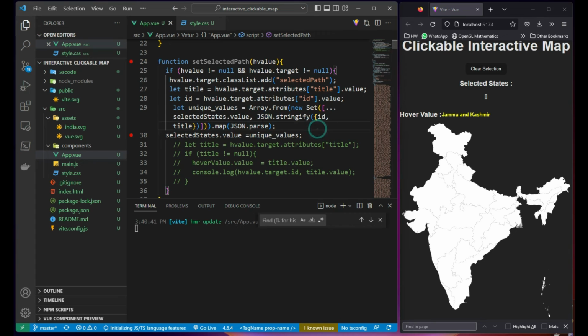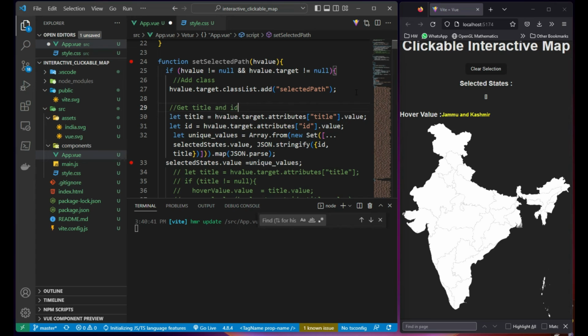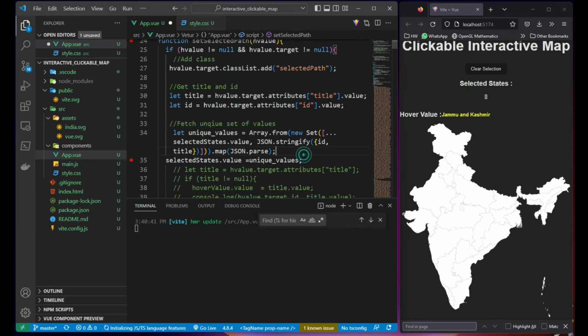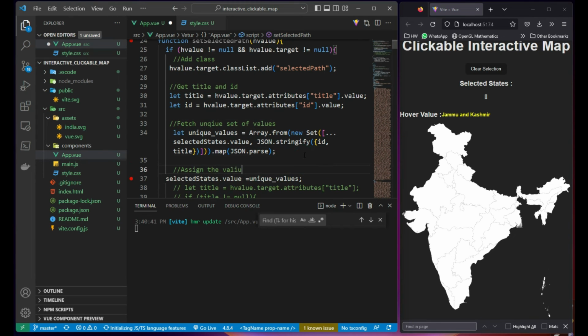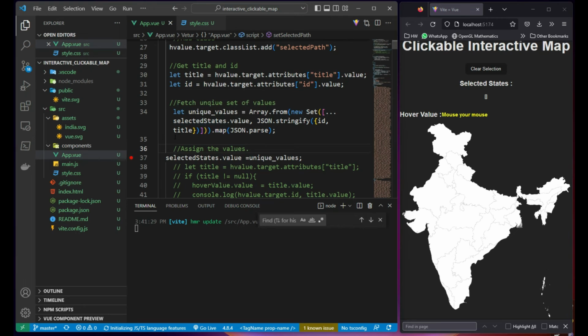So what happened here actually is, before that, just to keep it: add class, get title and ID, fetch unique set of values, assign the values. Okay. So the problem here, if we notice clearly, is that we are first trying to spread some values here, and